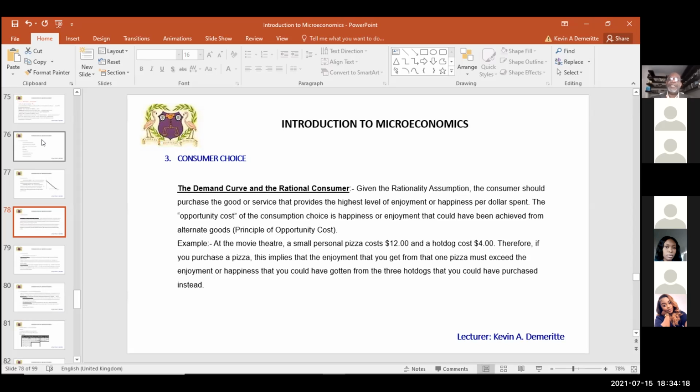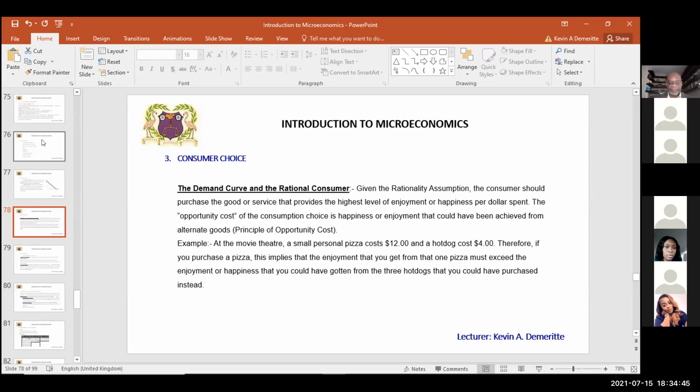And the opportunity cost, going back to our principle, what they're giving up to purchase a specific good is what else they could have used that money for. So the opportunity cost of the consumption choice is the happiness or enjoyment that could have been achieved if they had bought something else. So let's say, for example,